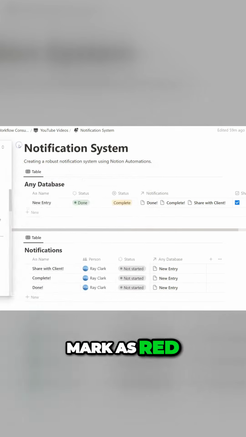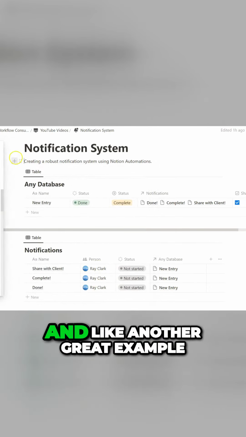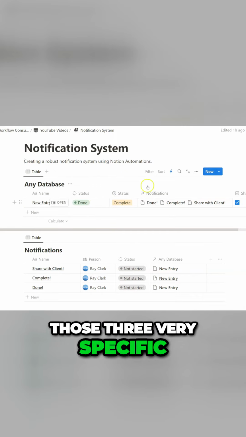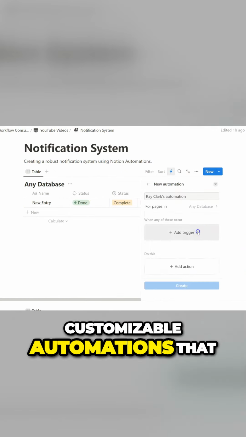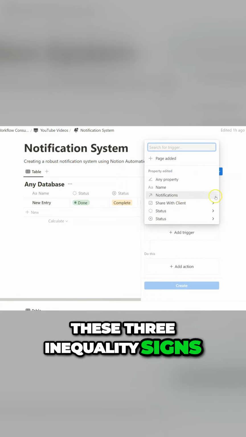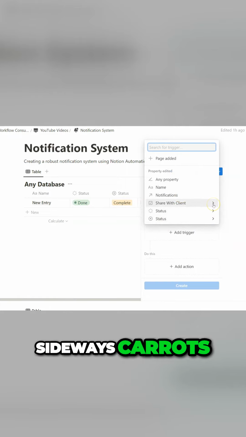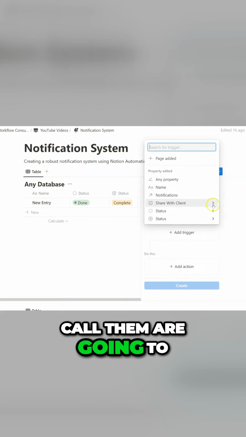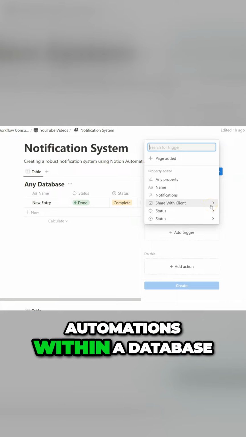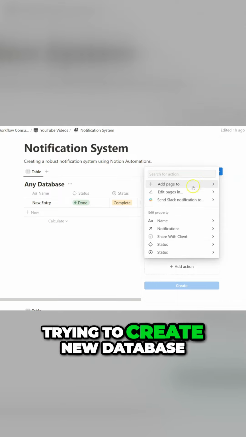Right? I'm going to mark as read. You can see the person there. And that's another great example in which I'm using those three very specific customizable automations that we can trigger. These three arrows, these three inequality signs or carrots, sideways carrots, whatever you want to call them, are going to be your best bet when trying to create automations within a database, trying to create new database